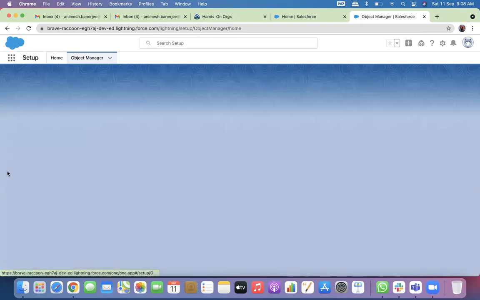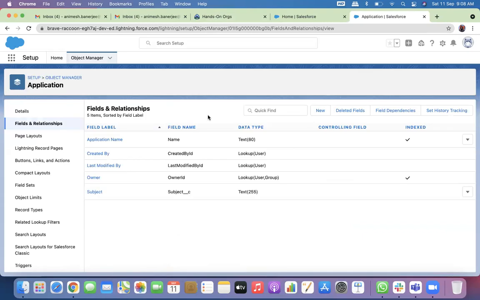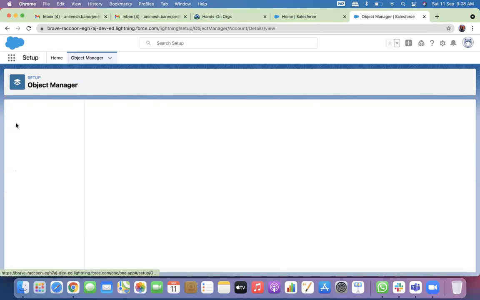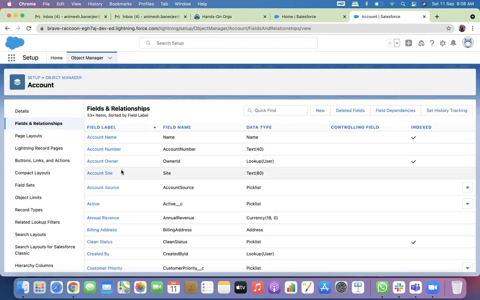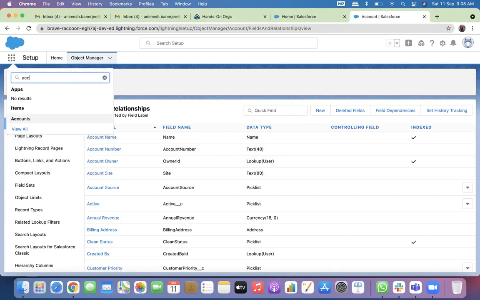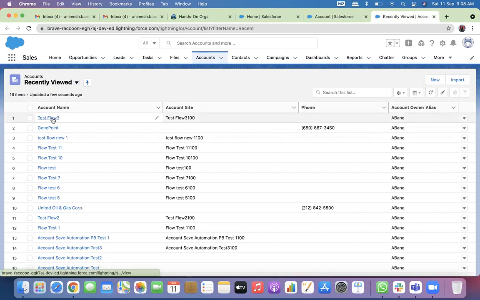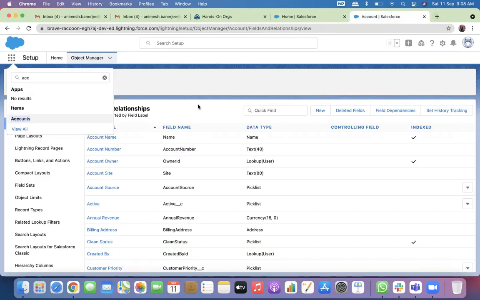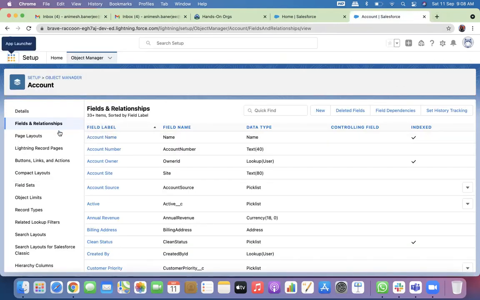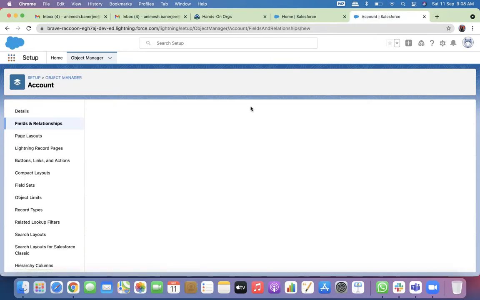This object is already there, so let's go to this object. Do I have a lookup field? These are standard lookup fields. It is not connected to account. So if I go to the account tab and I create a new field,